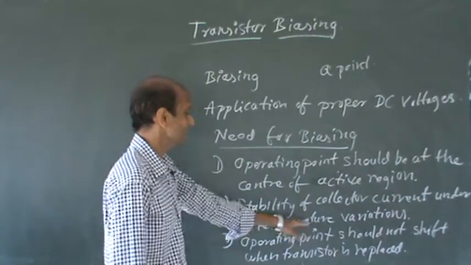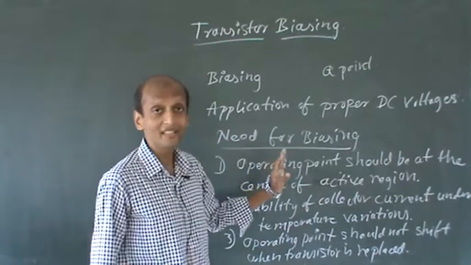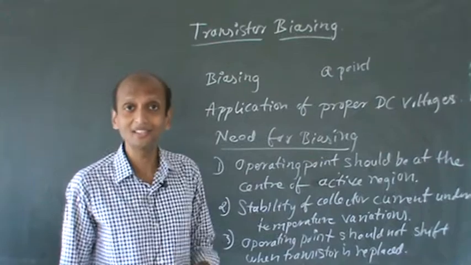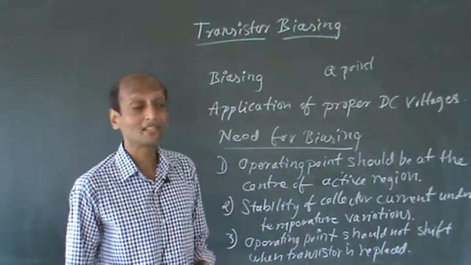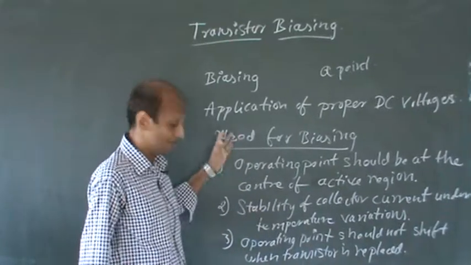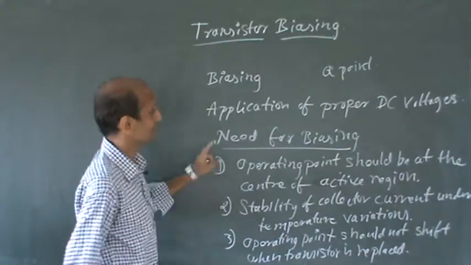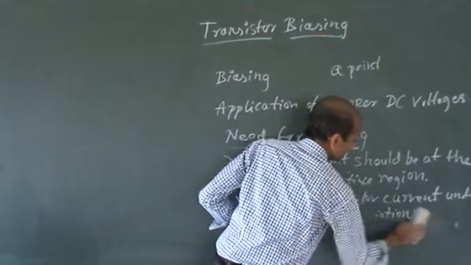Okay, so like that we have 3 important points for biasing. This is where we need proper biasing, to make your transistor work as you require. So these 3 points are very much important, and they will be asking this question in the exams. Okay, so now this is the transistor biasing need. Next topic is